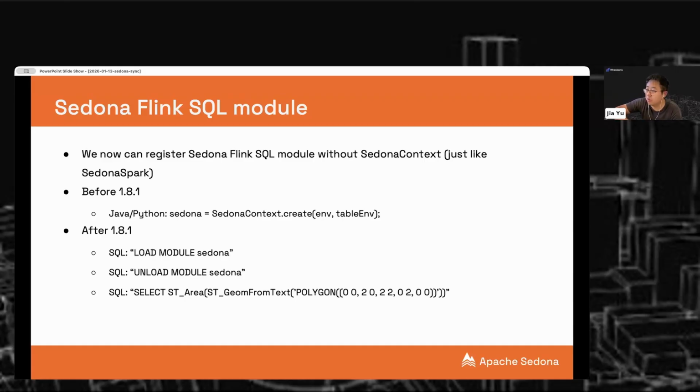First of all, the Sedona Flink SQL module. In the past, before Apache Sedona 1.8.1, if you wanted to use Sedona Flink, you first needed to create a Sedona context in either Java or Python. And you would create the Sedona context on the Flink table environment, right? So this was great, but